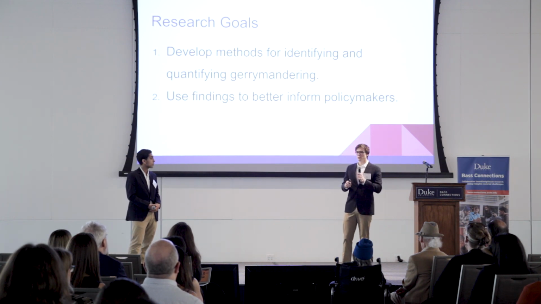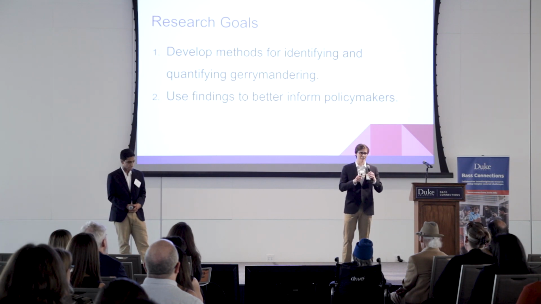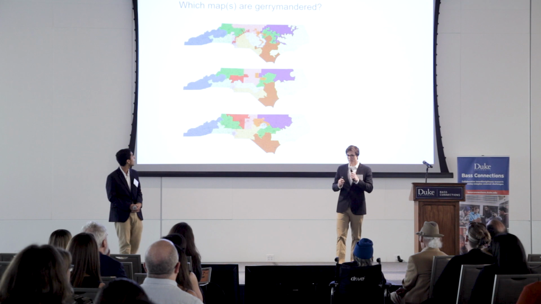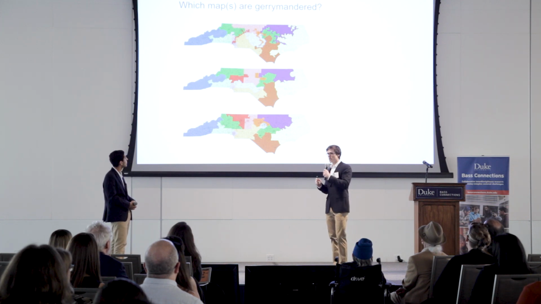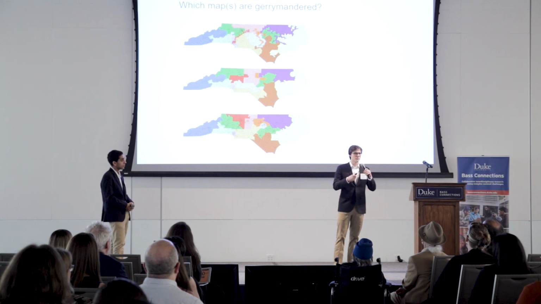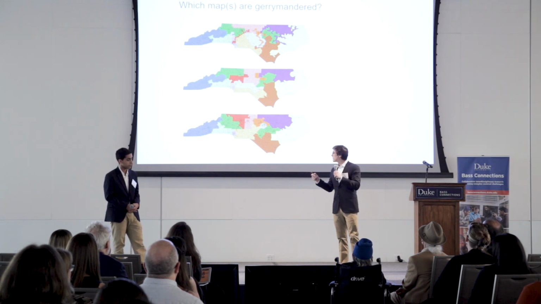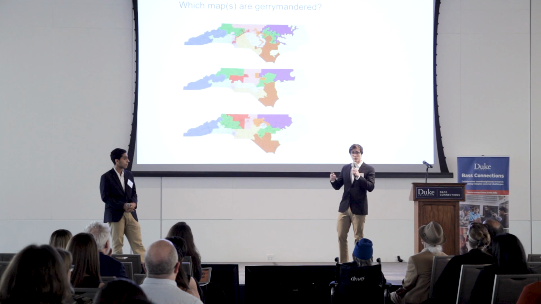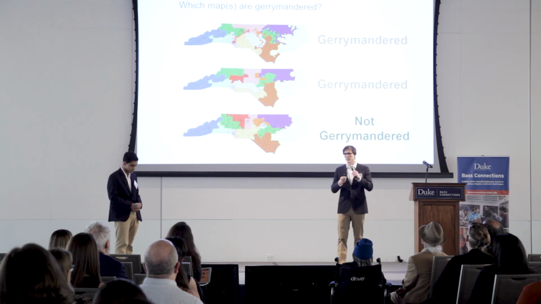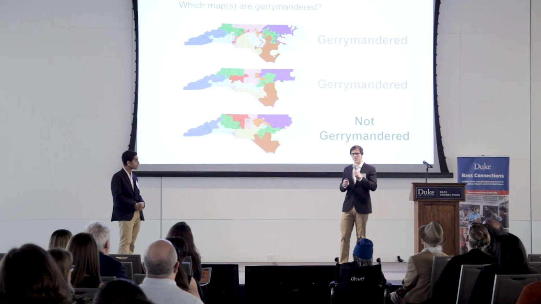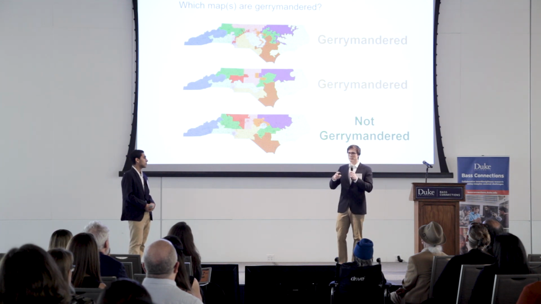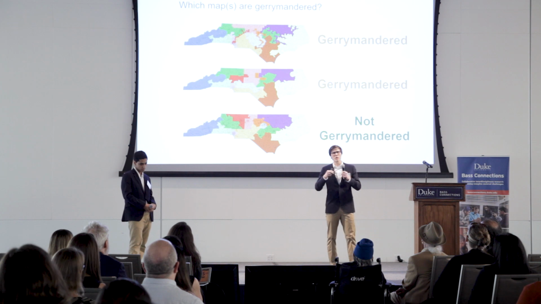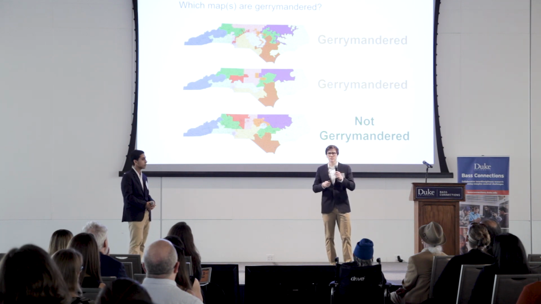In order to do this, we first need to identify gerrymandering. Now, this isn't as easy as one might expect. For instance, 2 of these maps are gerrymandered. You might suspect the top one is gerrymandered because the lines are kind of squiggly. However, for the other 2, it's a little less clear. The center one's gerrymandered. You might not be able to just tell that by looking at them. It's because of these kinds of questions that we need to develop better, more unbiased methods for